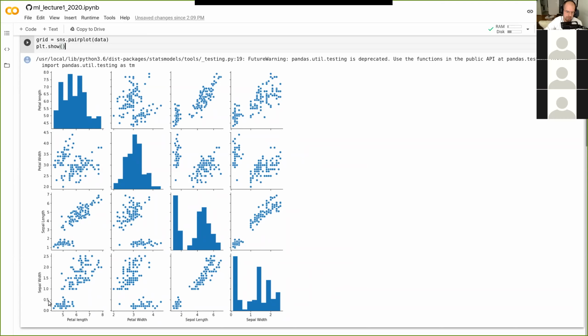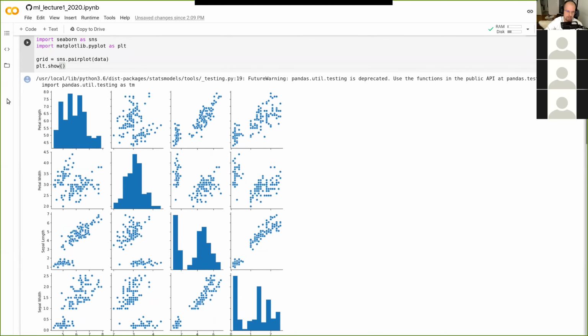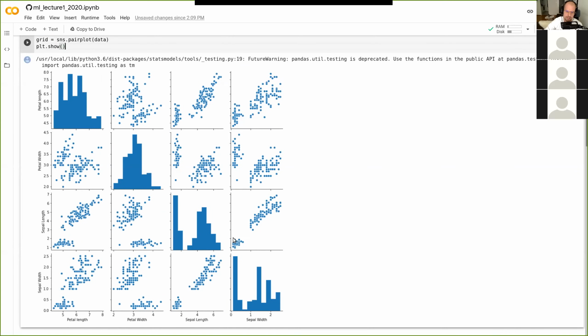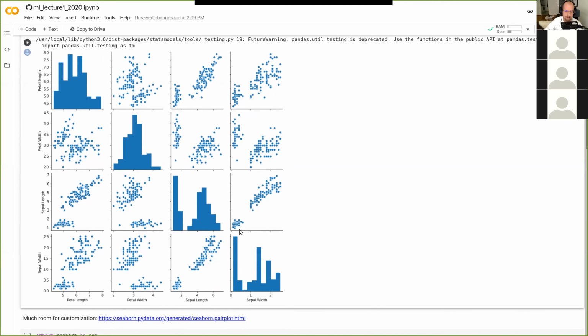And you can see there's some correlation, and the same for the petal width and the sepal width, and the sepal length and the sepal width, and so on for each of these four properties. And on the diagonal, instead of just showing the correlation between, for instance, the sepal width with the sepal width, which would obviously just be a straight line, it's showing the distribution of the data. So this is a very good tool to get an overview of your data and finding correlations between things. It's just really handy to do before you do any machine learning.